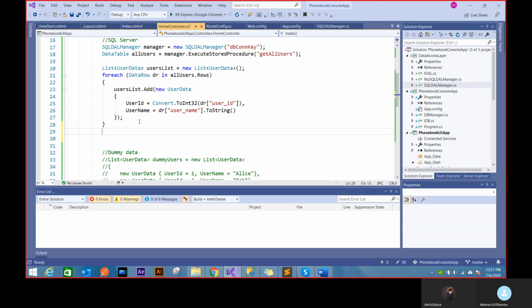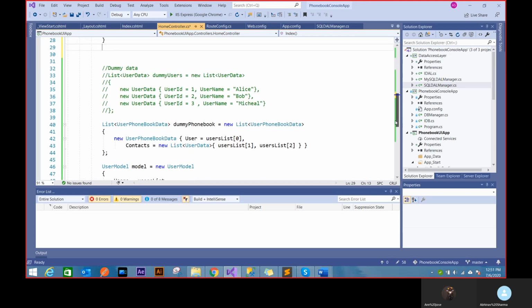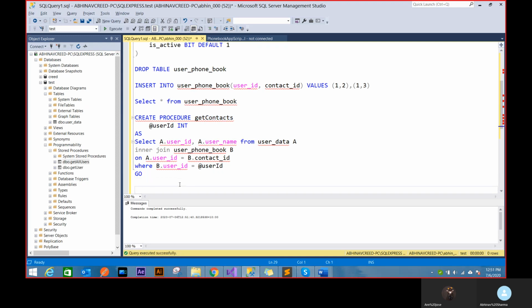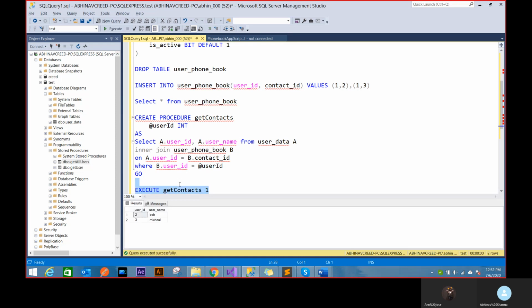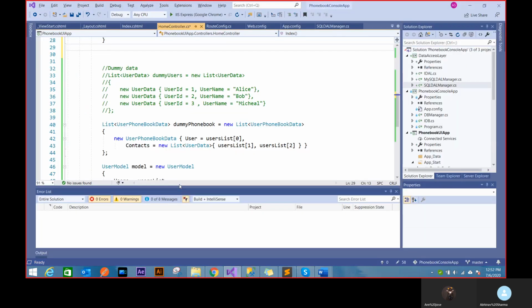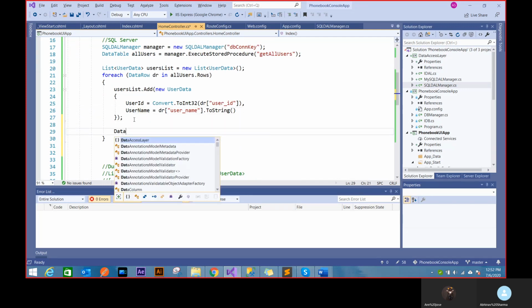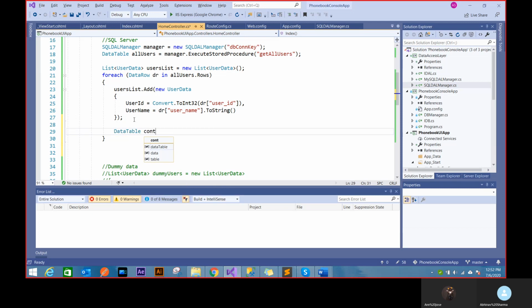Because I want to get that record, if I run this get contact for a particular user ID, it's going to give me those contacts. It's like for Alice, it gives me Bob and Michael. So if I run this for every user, I should be able to get the record, right? Yeah. So that means if I put data table contacts, and if I just say manager dot execute stored proc